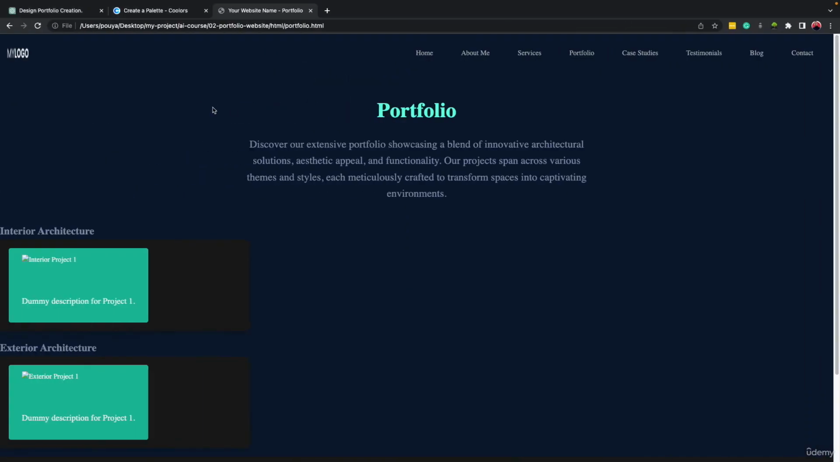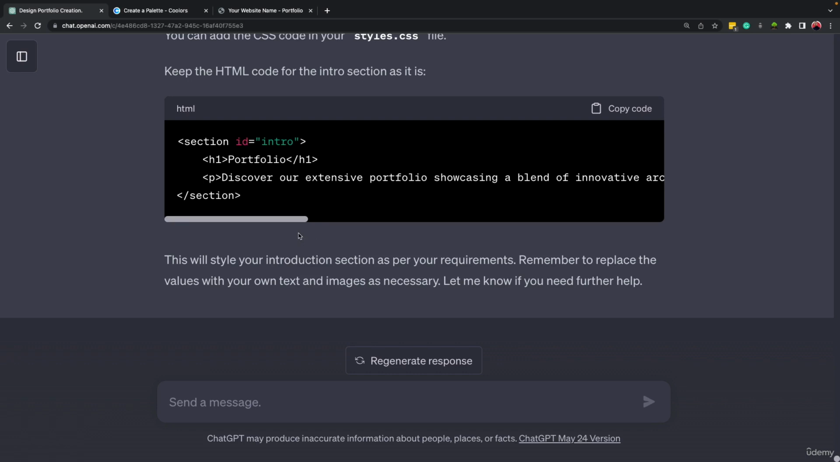So we can come here, right? This part looks fine, but the header that we have, the previous one was much better, right? Because we worked on it, we spent some time creating it. So we can come here and tell ChatGPT,